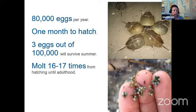It's going to take about a month to hatch out of those tiny eggs, which you can see here, that are about the size of a peppercorn. And then only about 3 out of 100,000 will survive the summer. So the odds are not good, but that's pretty typical for aquatic species. And they're going to molt 6 to 17 times from when they hatch to when they reach adulthood. And adulthood are the big horseshoe crabs that we most commonly see on the beach. You're not very often going to see a juvenile horseshoe crab. Maybe one of those molts might get tossed up on the beach, but otherwise they're staying in the water until